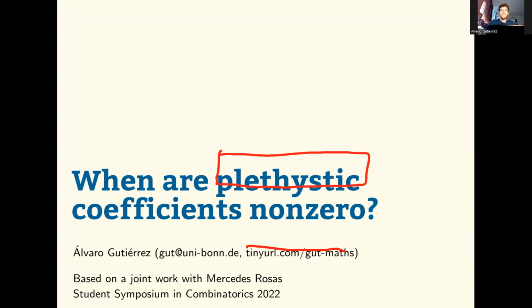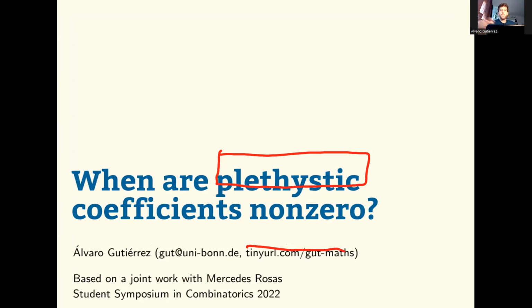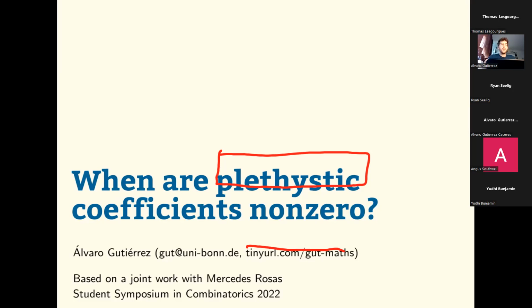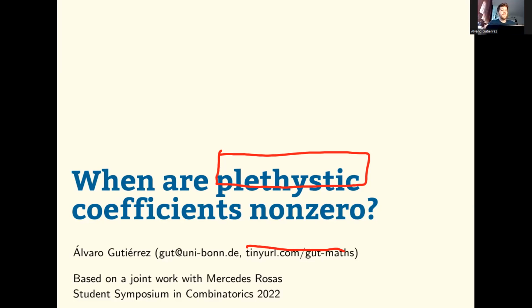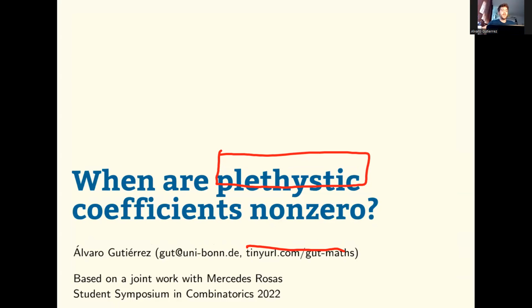Okay. Oh, so I see in my second monitor that you are seeing everything shifted. Is that right? Is the word plethystic being crossed out by my drawing? A bit, yes. Okay, I'll keep that in mind, yeah. I guess. Okay, so